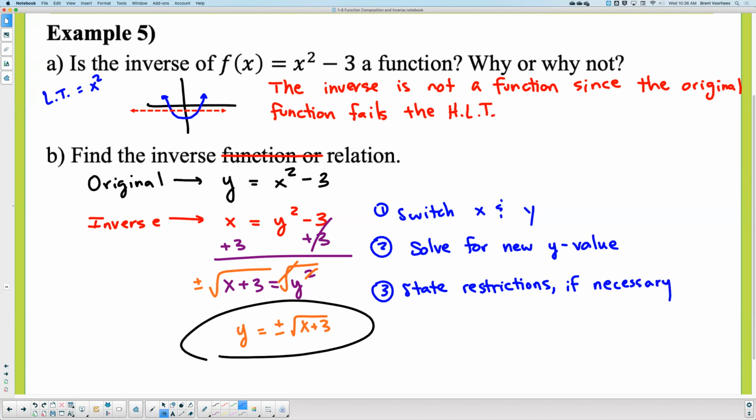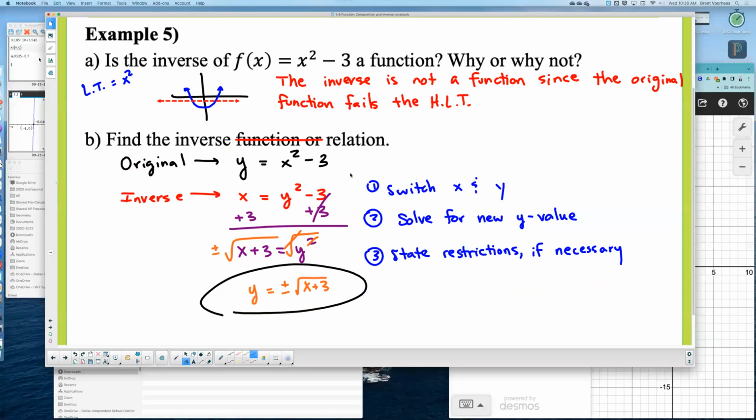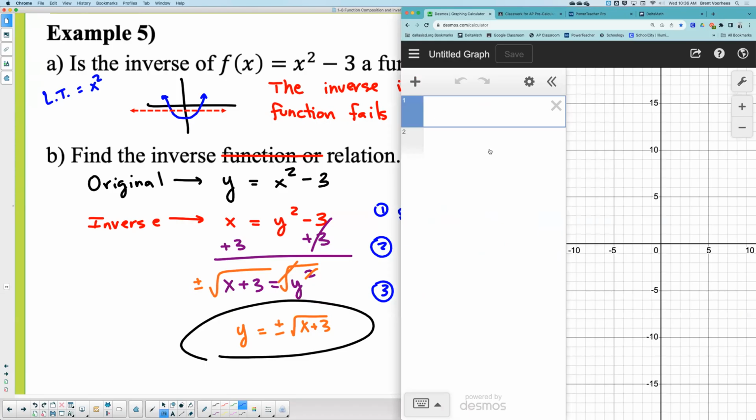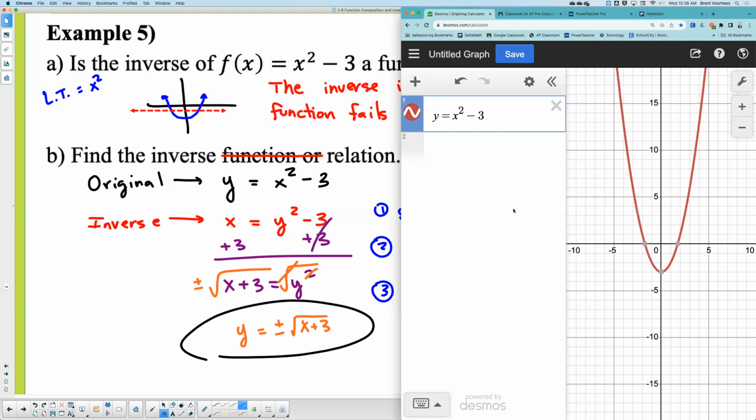We're not restricting though, because it didn't have anything up there. Okay, so let me show you. I'm going to go to the... Do I have time? Okay, there. The function was y equals x squared minus 3, right? That's what it was. So the inverse